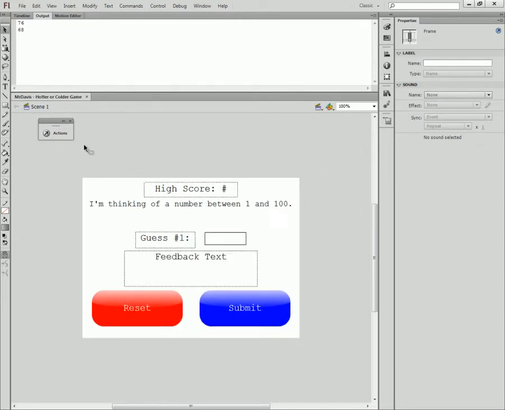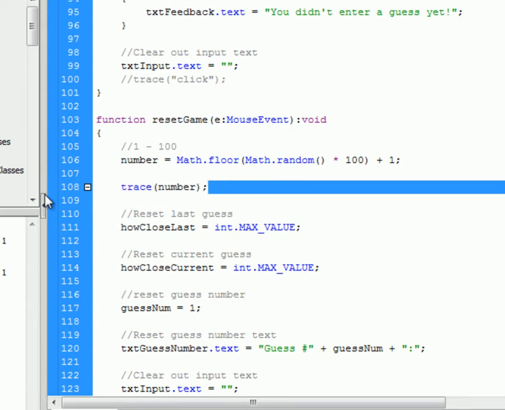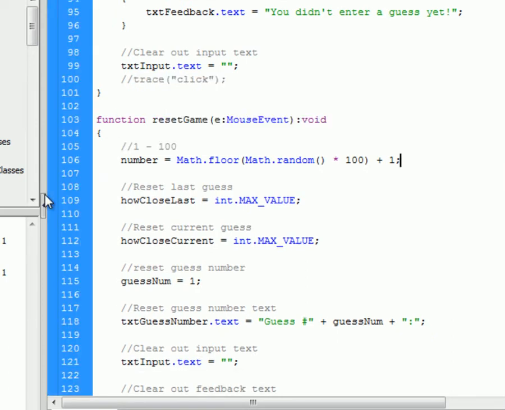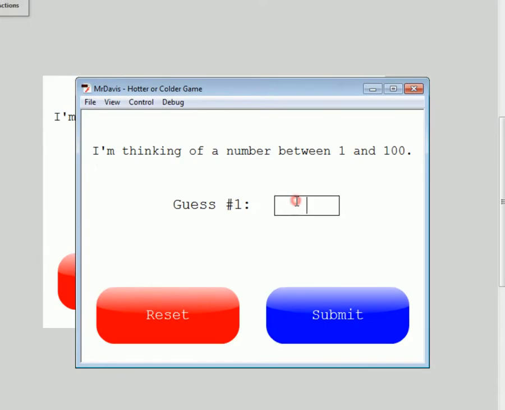Awesome. So now we just have to go back into our reset game, get rid of trace, and there we have it. We have a nice, beautiful game with a little bit of animation that flashes, and we can actually tell whether or not